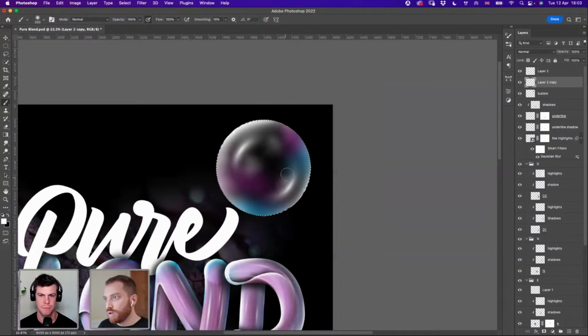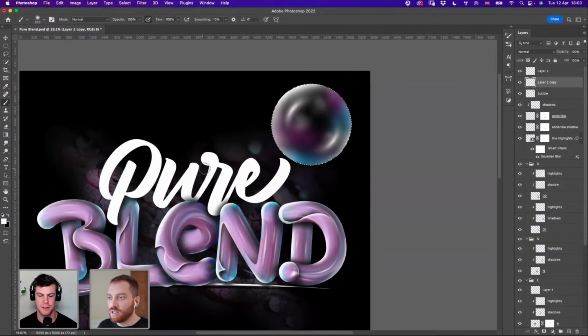And these are going to be sitting on top of the letters as well, right? Yeah. It'll be cool seeing the letters kind of shining through as well, which will change the look of the bubble. I think if we want to make it more realistic, we need some shadow on the back. I think it's too bright.